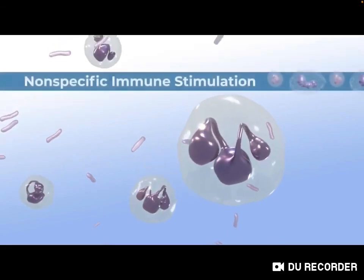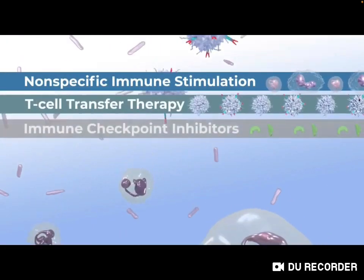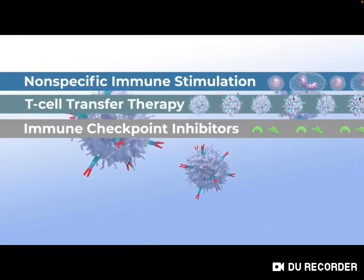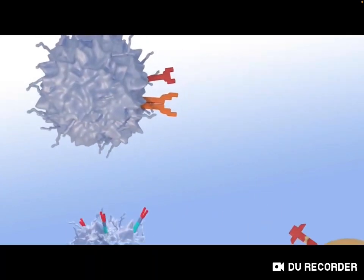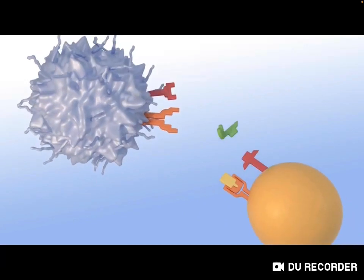These 3 types of immunotherapy are effective ways to treat cancer, but they don't work for every patient and can cause serious side effects. Researchers supported by the National Cancer Institute